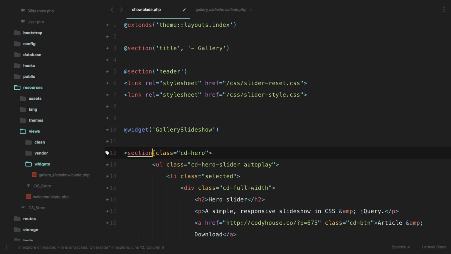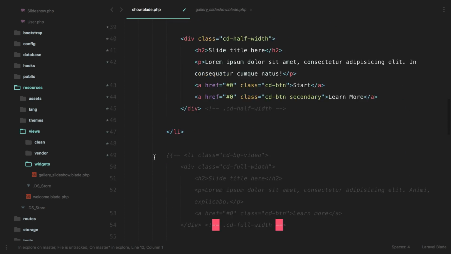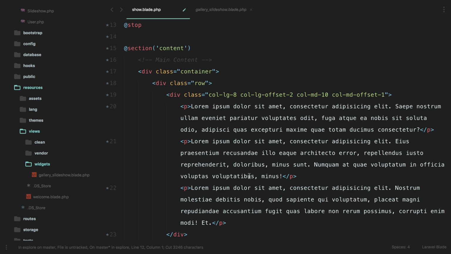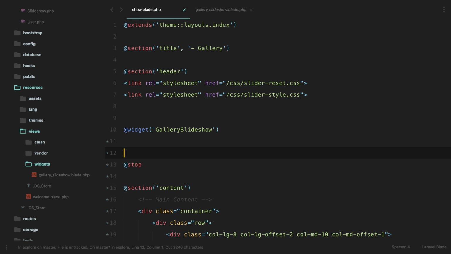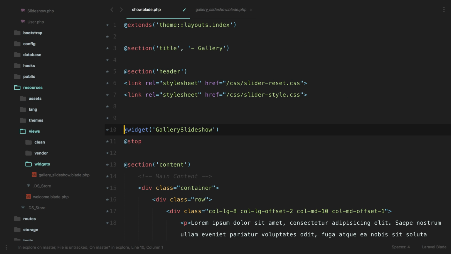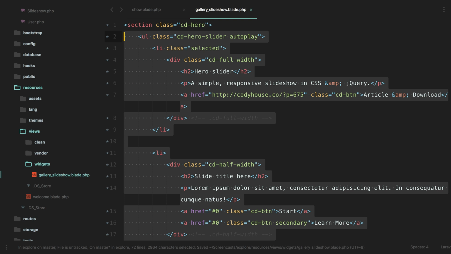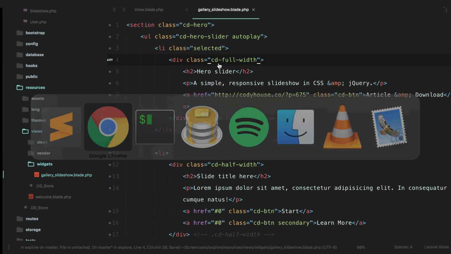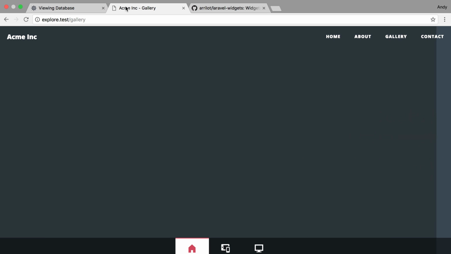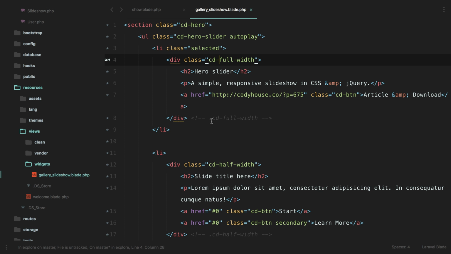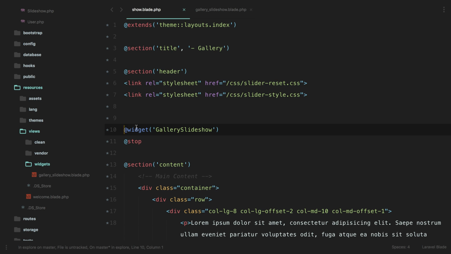So what we can do is take all this section that includes the slideshow, and then put that into this new Blade file that is created for the widget that we created. Now reload this. Nothing will have changed because we're not pulling in the data yet, but basically we have this